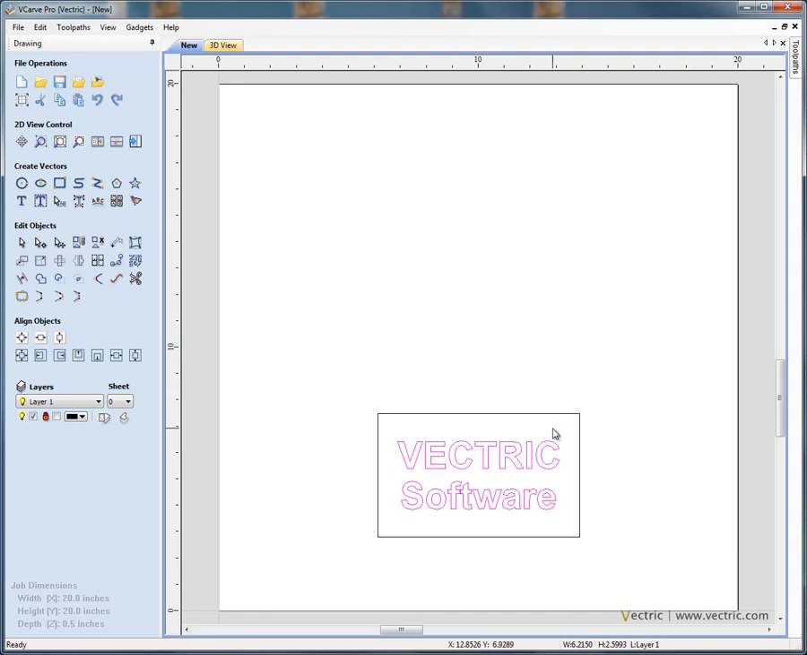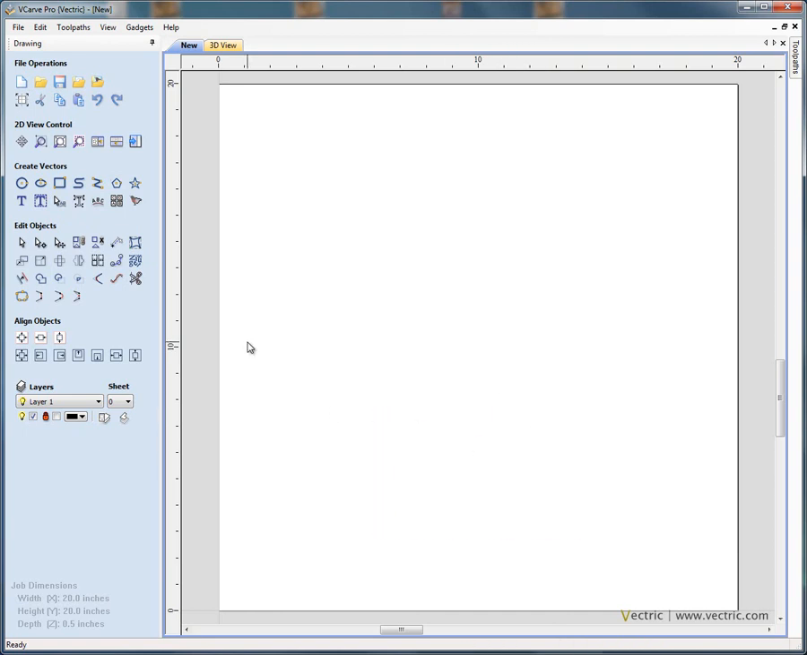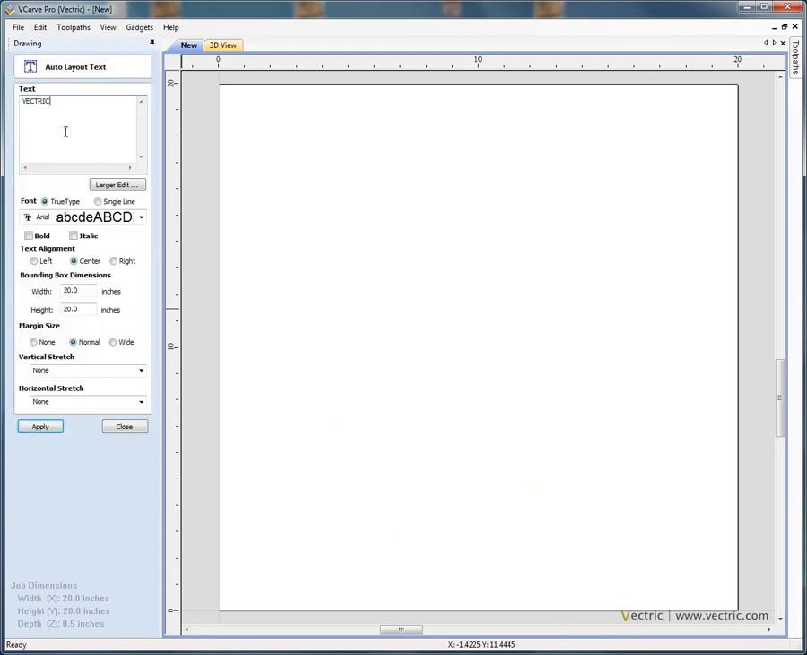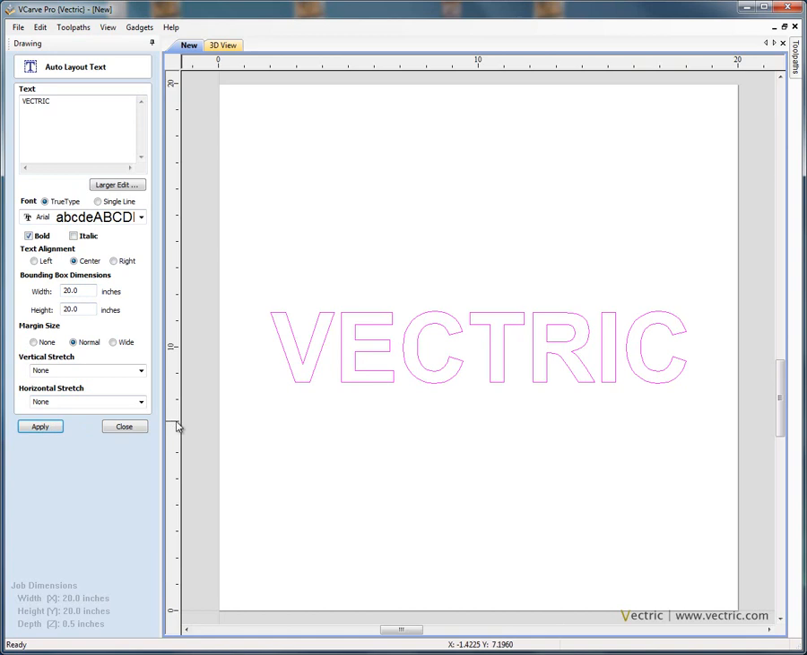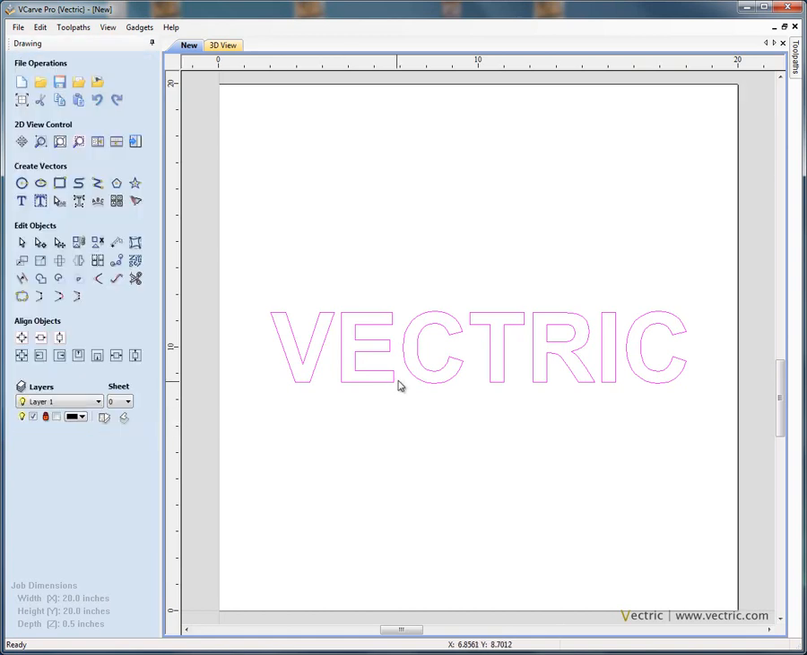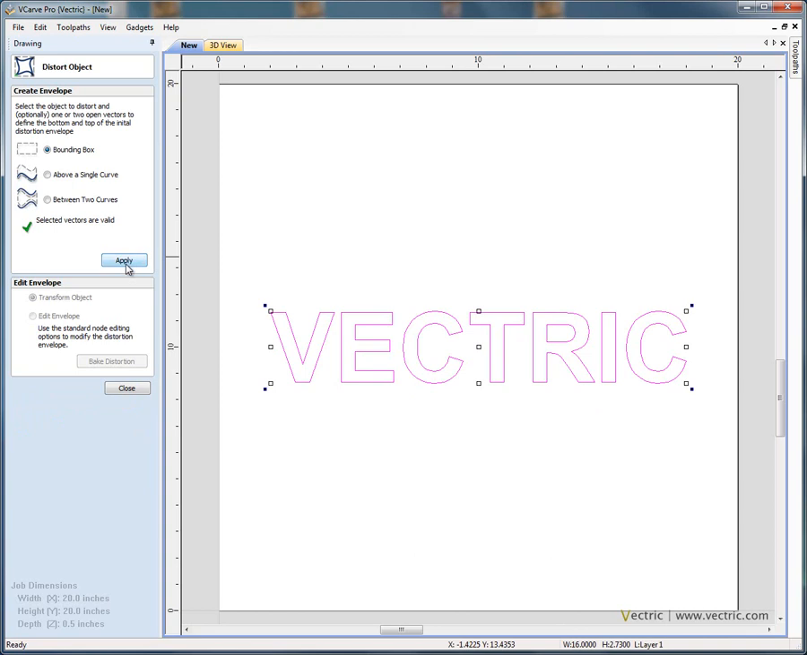So here we're going to, let's just delete this outer boundary, delete the text for a moment. Let's say add some text again, Control V, so Vectric, and apply. So the text has been fitted into our 2D view. We'll make it bold, so we've got bold font there, and close. Let's just select the text. We can say select, use the envelope distortion tools, and we can say distort the bounding box here, so we